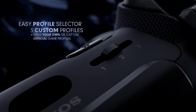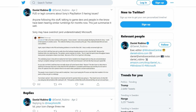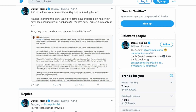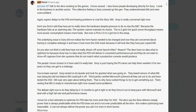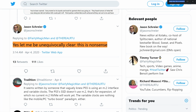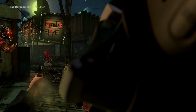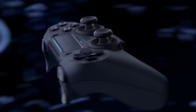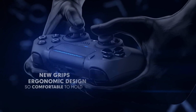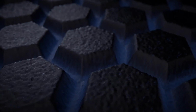And some new reports coming in suggest Sony is currently trying to solve the PS5 overheating issues, and some unnamed dev sources have told Windows Central's Dan Rubino and Jez Corden that the console is simply getting too toasty for the cooling array to handle. Jason, however, has called these rumors nonsense, but it doesn't change the fact that PS5 will need a pretty beefy cooling solution, and everything from the 7nm AMD SoC to the ultra-fast 5.5GB per second PCIe 4.0 SSD are apparently